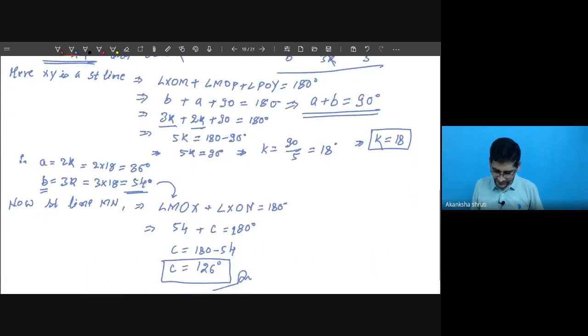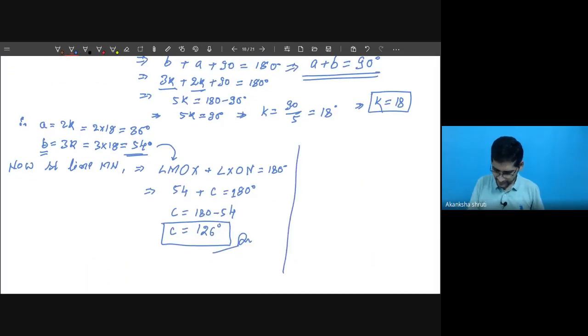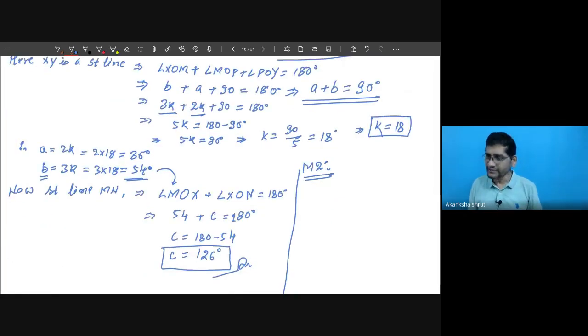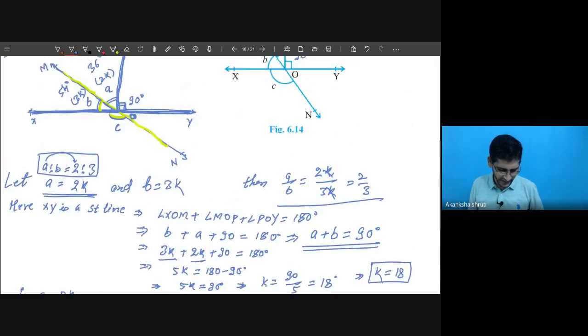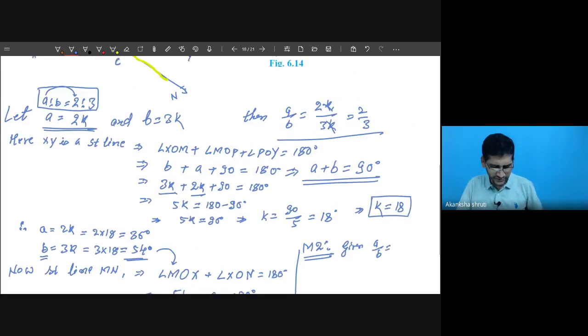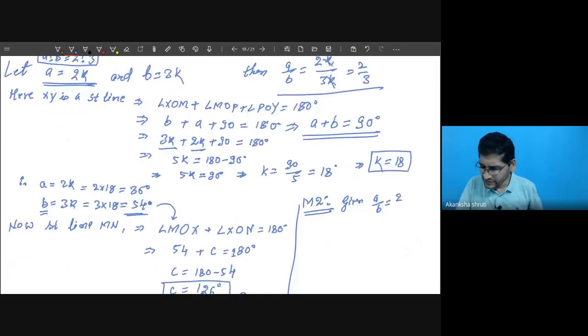See what is here. But I always advise, wherever the ratios are given, to consider in terms of K and solve it. There is another way of calculating this also. See how. What is given? Given is our A by B, this is the ratio given, 2 by 3. So you just write this as 2 by 3. I am doing it by the second method.